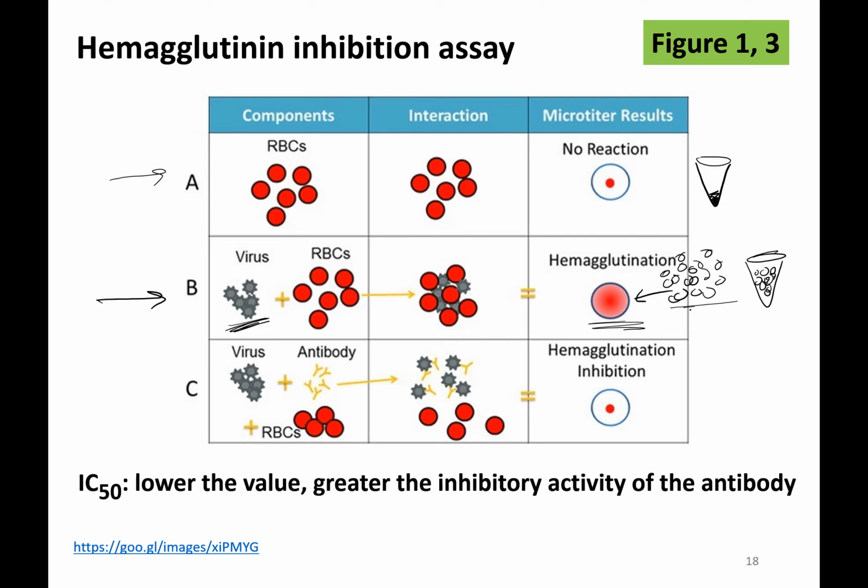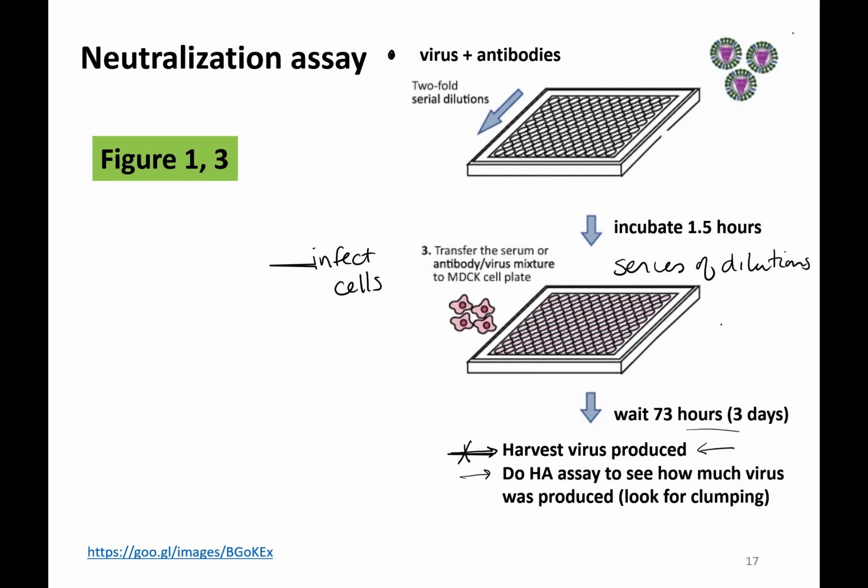Sometimes they do a hemagglutinin inhibition assay, mixing the virus and the antibody like we did in the previous slide, and seeing if you get clumping or not. That's not exactly what they're doing here, but it's another way to assay neutralization. It's kind of a quick and dirty way, but by actually infecting cells,